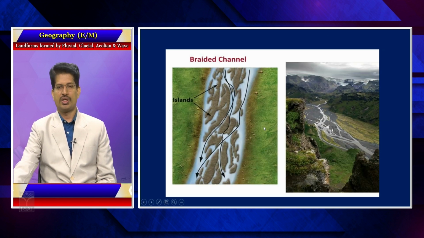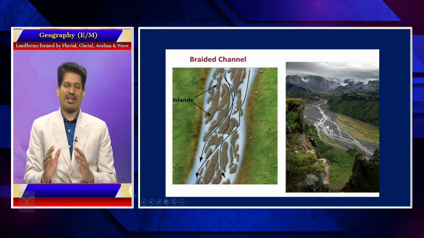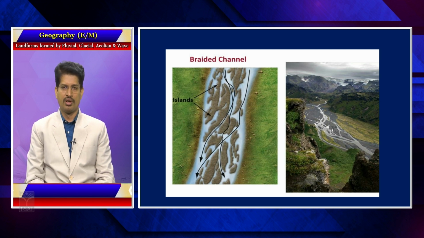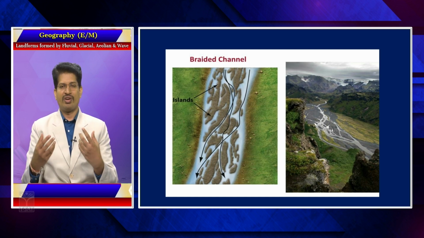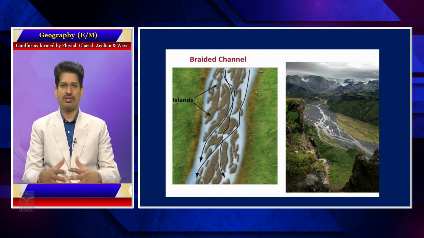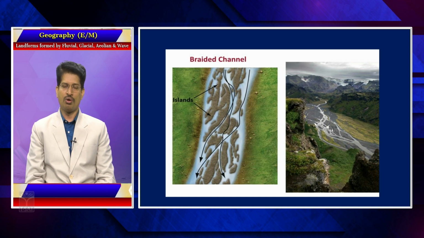So, what is a braided strait? A braided strait is the formation of riverine islands, because by the time the river reaches these plain regions, when the weathered and eroded material is being deposited in its own river valley, it leads to the formation of islands, because the energy of the water decreases due to the decrease in the slope gradient. So, the river itself is being divided, braided, channelized between these islands in its own channel.